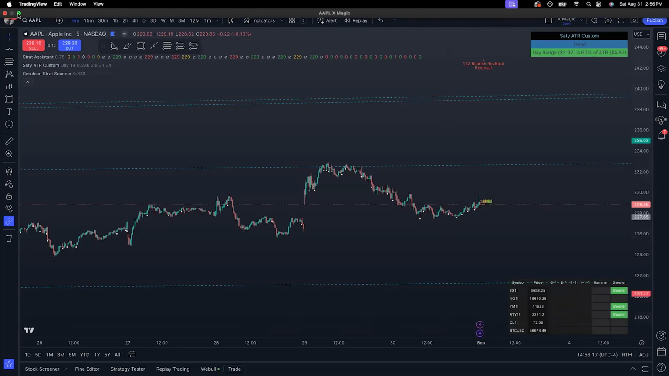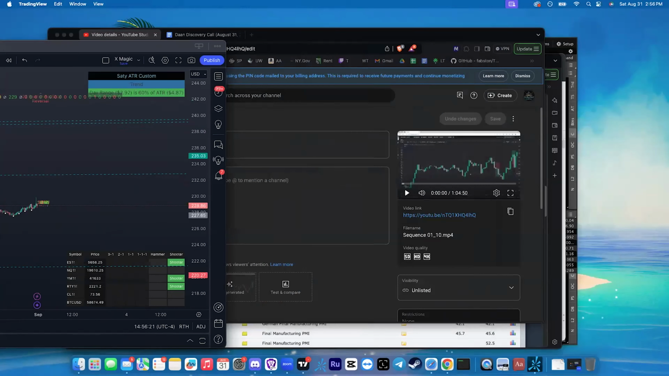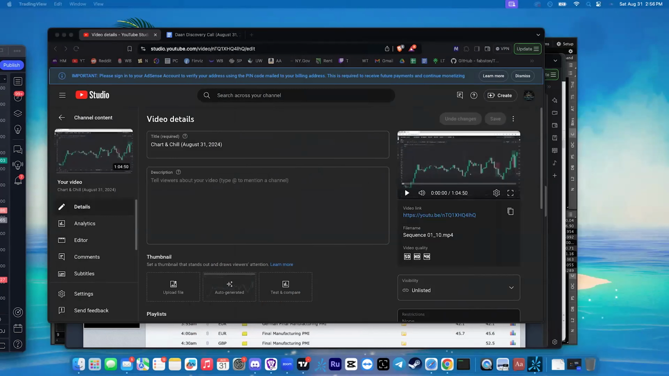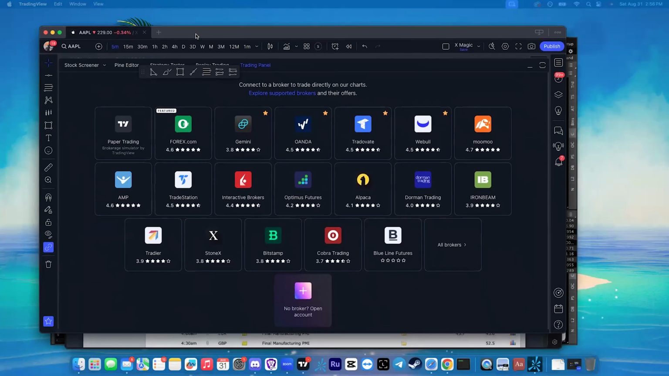Let me move this over really quickly because I need to log out of this account so you guys don't see my account information. Give me 1 sec. All right, let's log out. All right, so